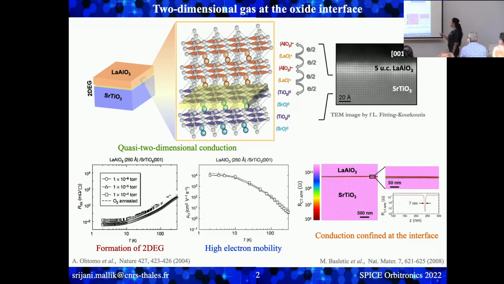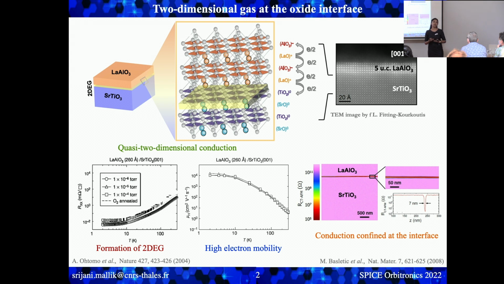Later it was confirmed that this electron gas is 2D in nature, and it also shows many exciting properties like very high electron mobility at low temperature, high spin orbit coupling, low temperature superconductivity, very nice gate tunability, and many more. Because the title suggests that I'm going to talk about spin orbitronics, of course this involves